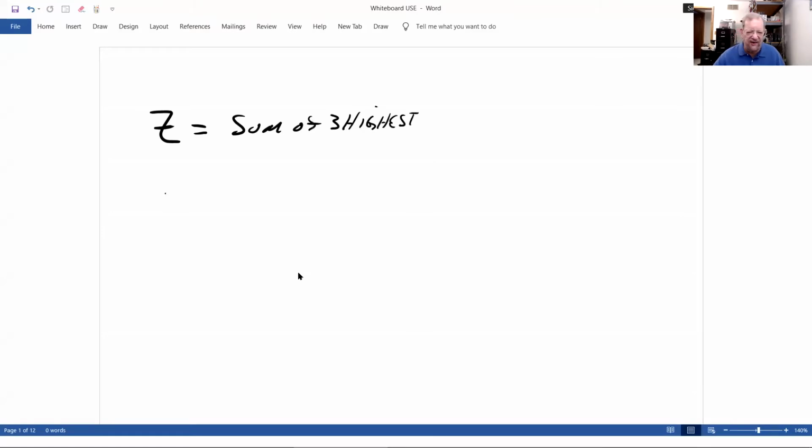This is assuming you've handed in all your labs. Let's assume Z is the sum of your 3 highest tests. If you hand it in, and the deadline is tonight, I'll get it graded soon, is your extra credit project. I'm ignoring the lab because if you handed in all your labs, almost all of you have gotten high grades, and your lab either keeps your grade the same or boosts it up a little. If you're getting an A, you can't get it any higher. If you're lower, it can boost it up. Now,